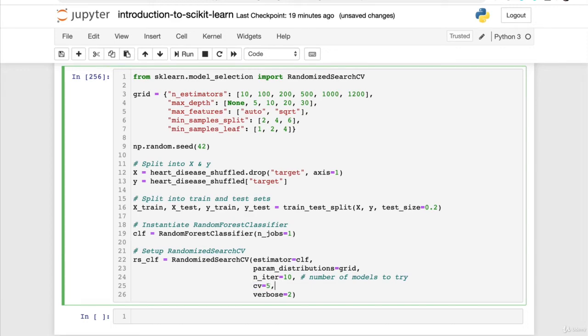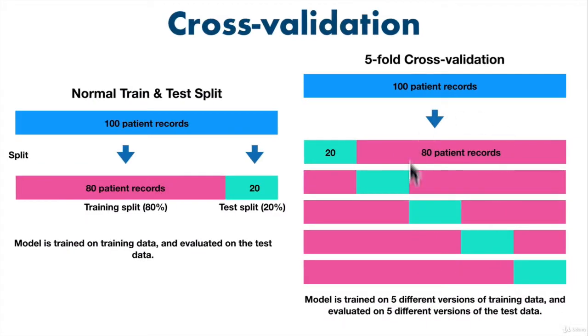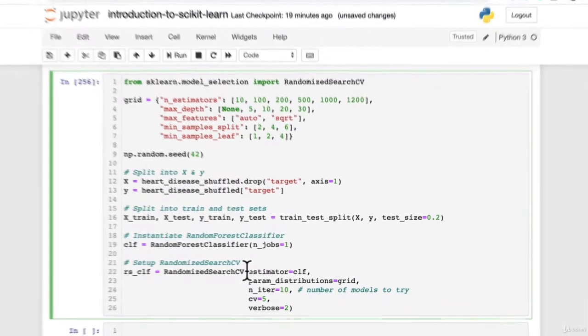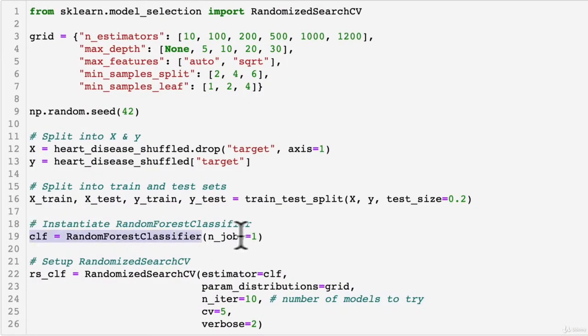So that means we're using 5-fold cross-validation. This is why we don't necessarily have to create a validation set here. So what randomized search CV will do is it'll take our classifier and it'll take a param distributions grid, which